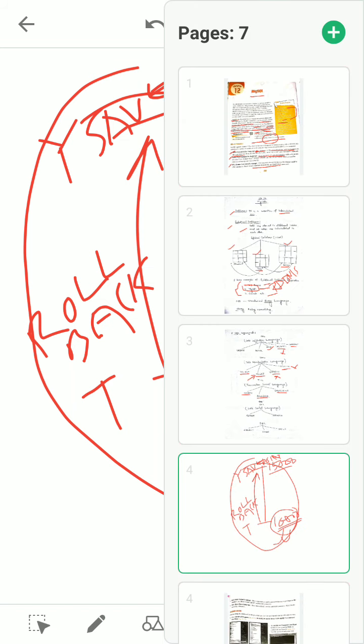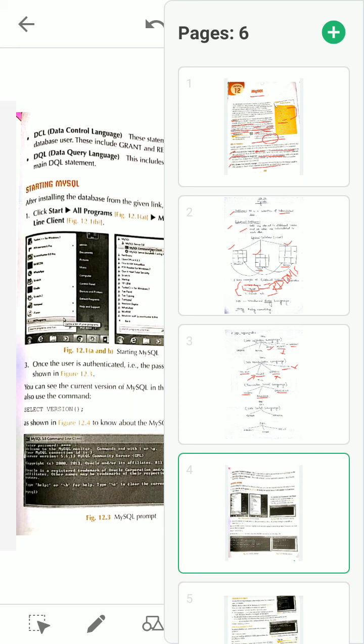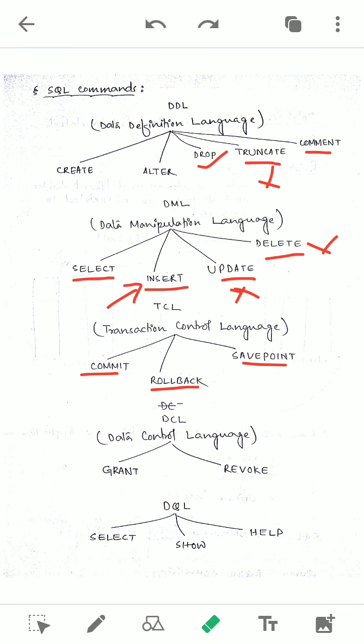Now come here. When these TCL commands are used, any modification is done by DML, because in DML we have the update command and the delete command. Anything that happens when you withdraw money means it is updated. If something happens, your account may be crashed. Sometimes something is deleted, then you go to the bank and ask them to do something.